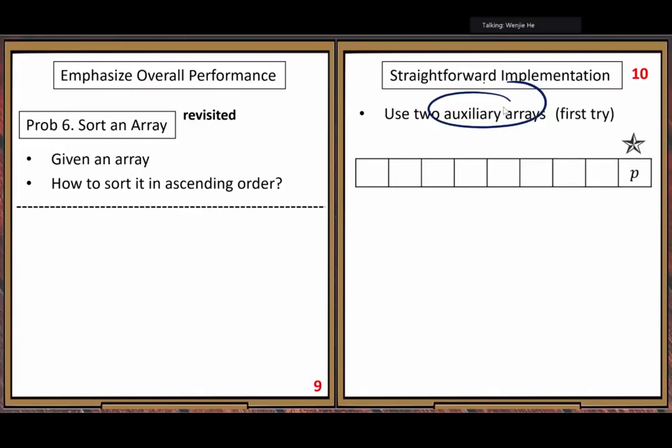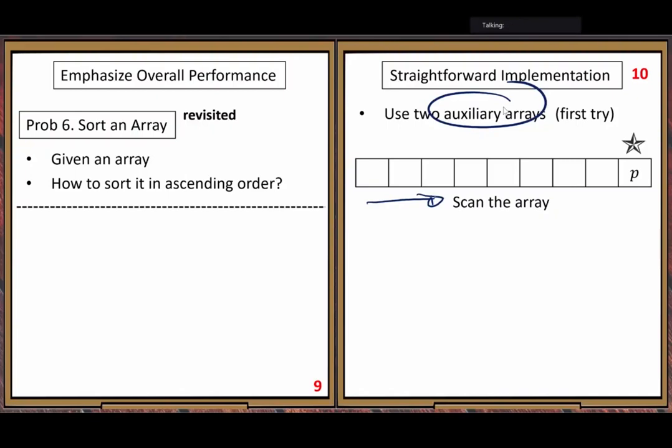Now, when we start, let us work on our data following a certain order. Scan the array from left to right, in its natural order.